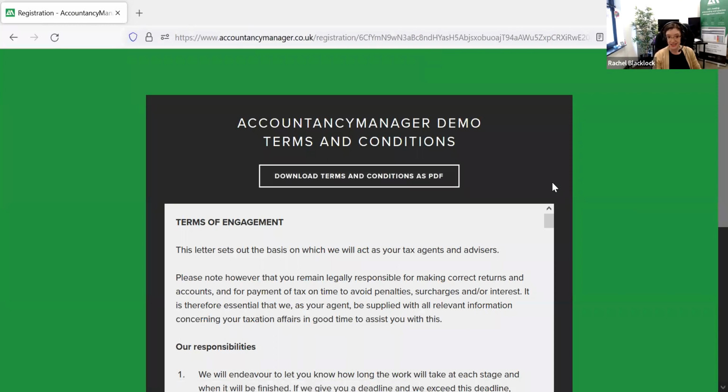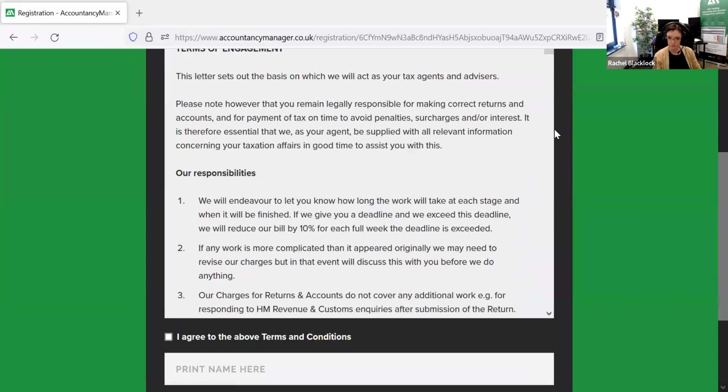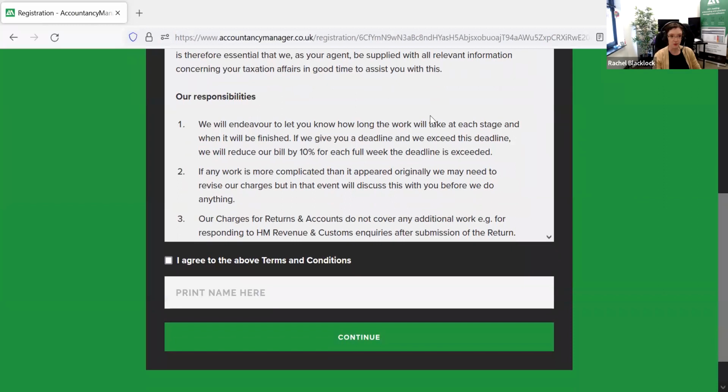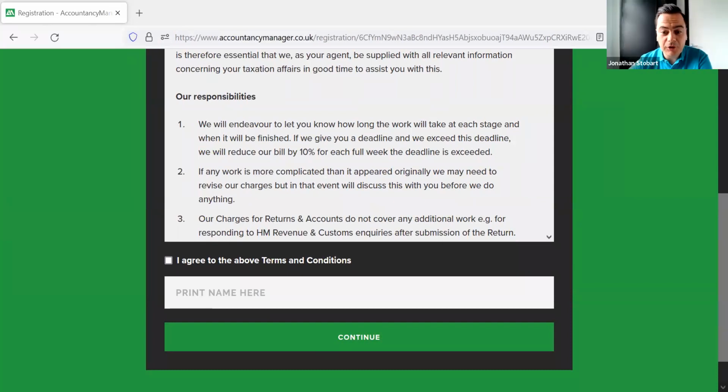So here the client will see all of the registration terms you've got there. There's just one second, I'm just going to check what this client's name is so I can actually sign these bits and pieces. Whilst you're checking that, I'm just going to say, so this is what the client would see